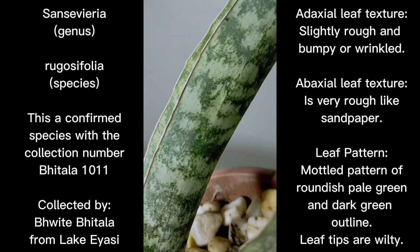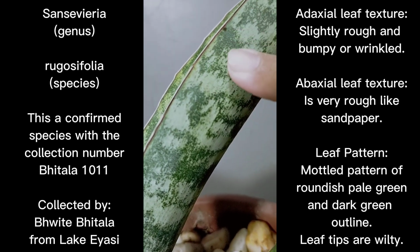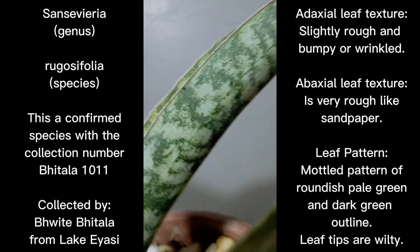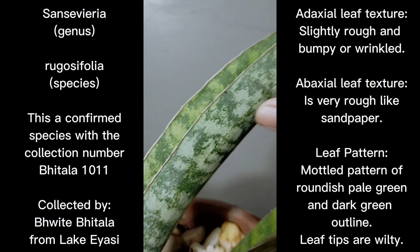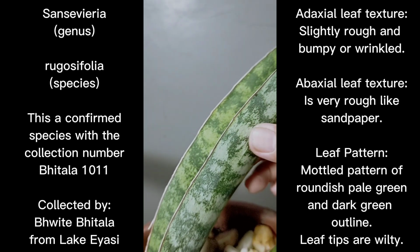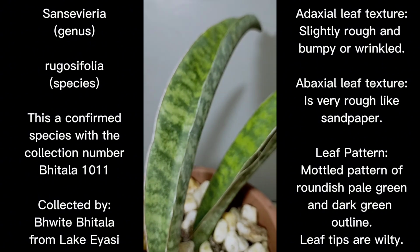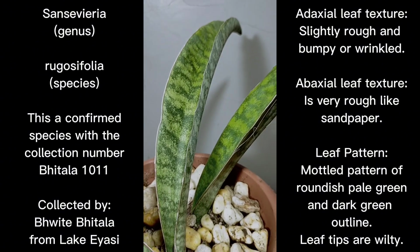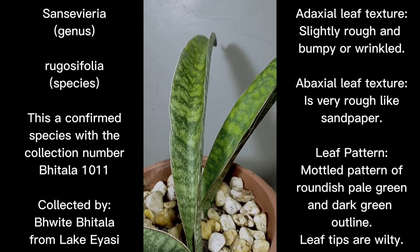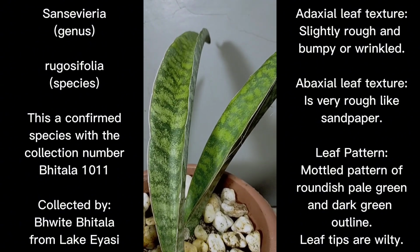So the pattern is the same, as you can see. The darker greens are like an inflamed part, if I may compare, like a skin allergy. They are inflamed, so that's why they are very rough to the touch. So there you go. That actually explains why this particular Sansevieria species is named rugosifolia, because that name means rough leaves when translated to English. So aside from that,